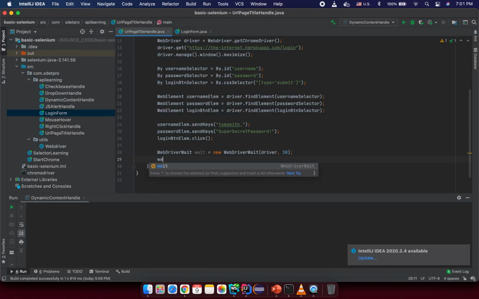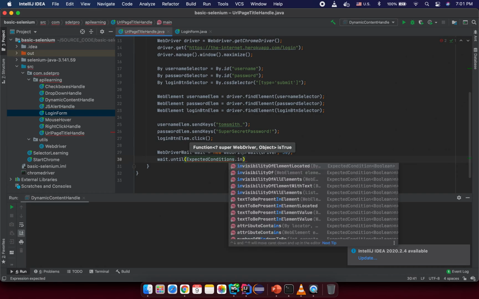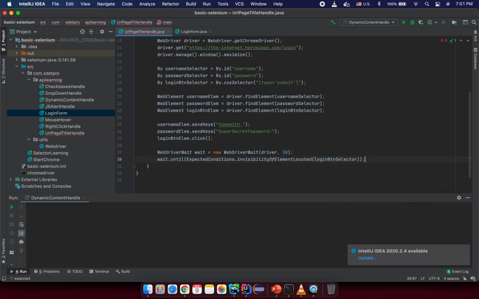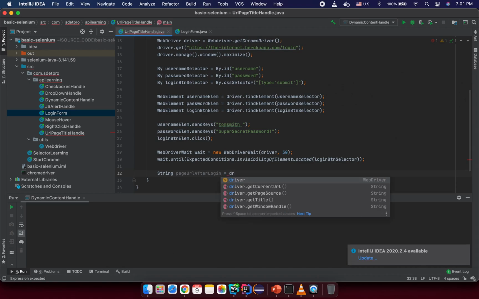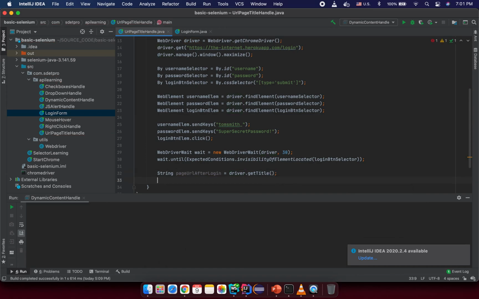So after that, I will wait until the expected condition of the invisibility of the element located by the login button selector. That's it. After that, I want to get the page URL. So let me declare a string with a name like page URL after login equal. And now I will call driver.getTitle here, okay, and then